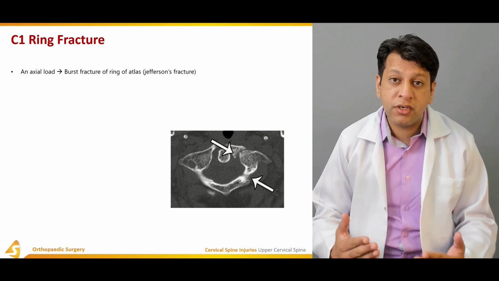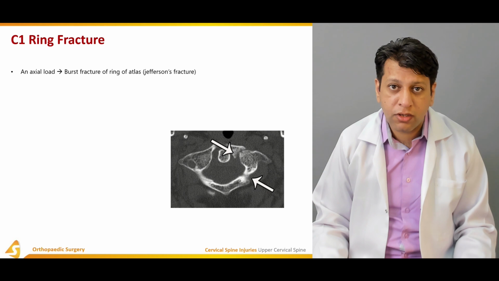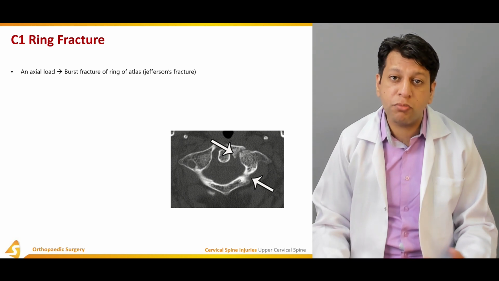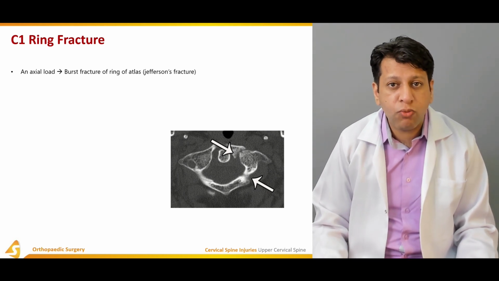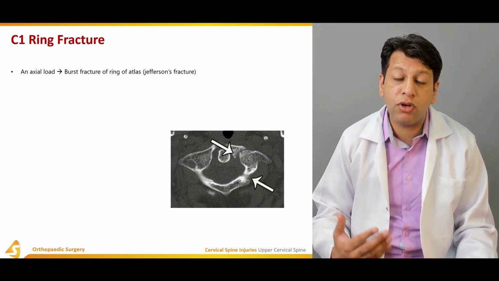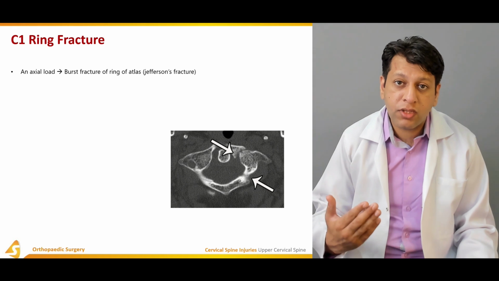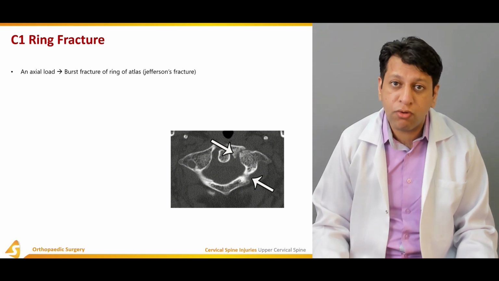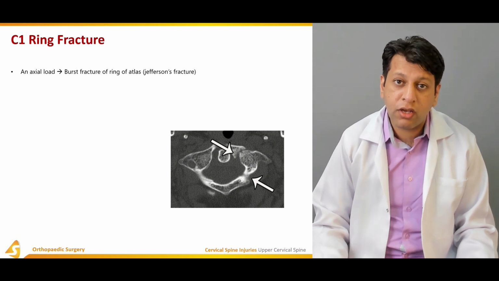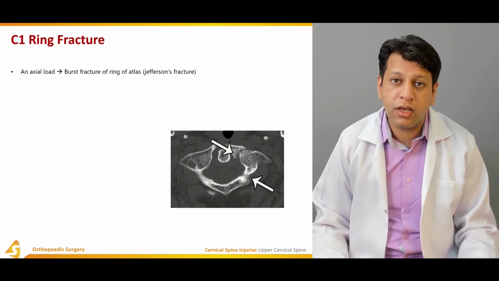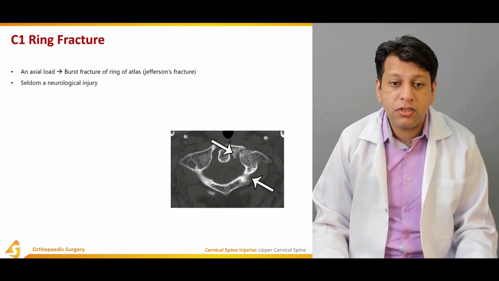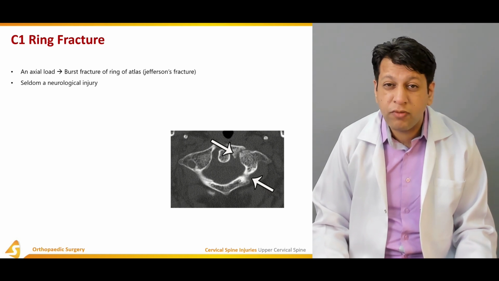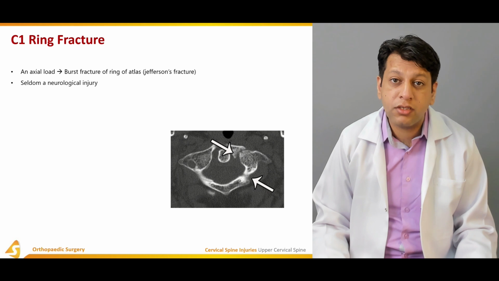For example, a patient is falling onto a hard surface. This could be falling into water at an awkward angle as well, or falling onto a hard surface, with the neck taking the load of the whole body, with the head striking the ground first and then the neck being axially loaded. These kinds of injuries can lead to a Jefferson fracture, although they may not be associated with neurological injury,